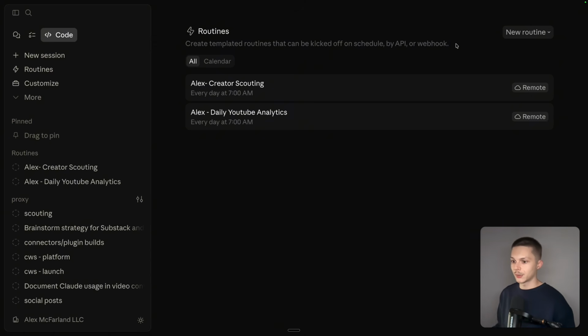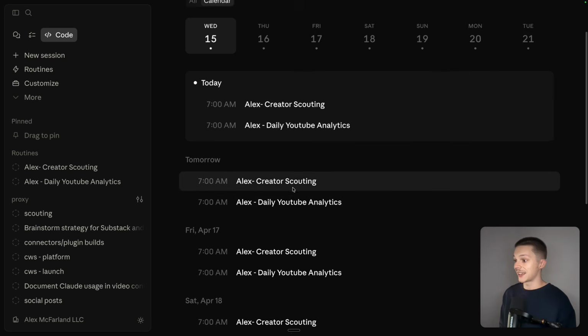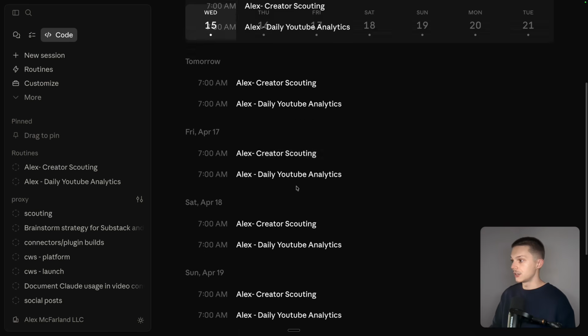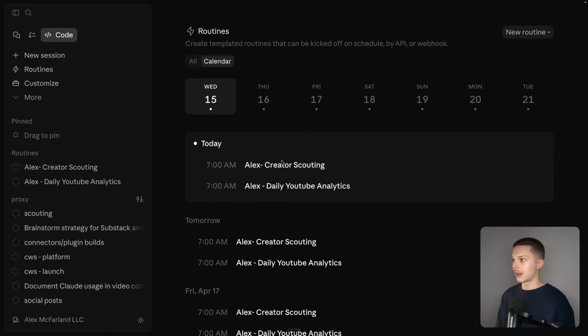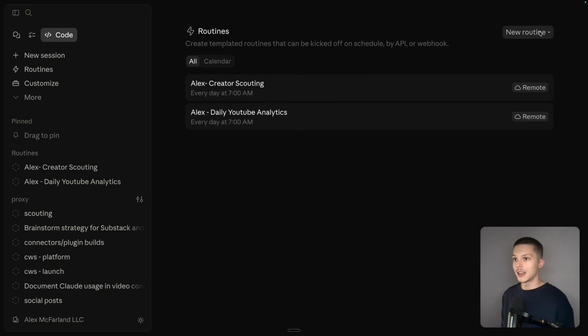But I find the best way to set this up is right in the desktop app's UI. It's the best. So we can see all of them here. We can also see a calendar, which is awesome. You can see every task you have for every day. All right. And then here you're going to click simply a new routine, and then you're going to have local